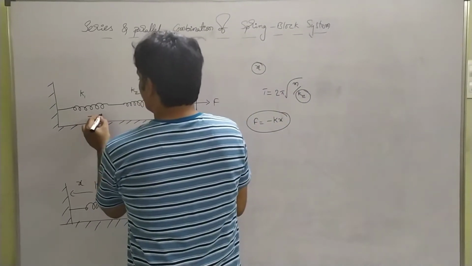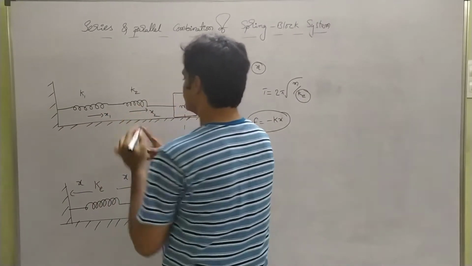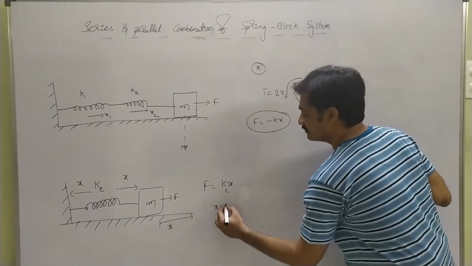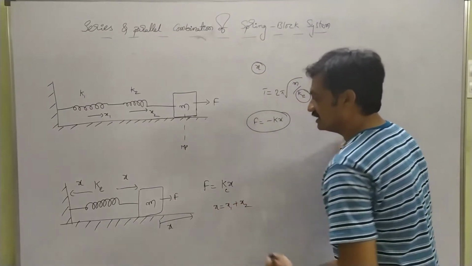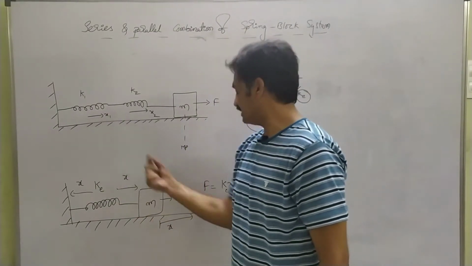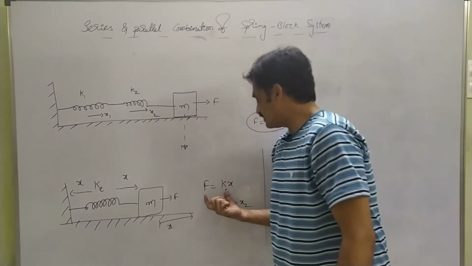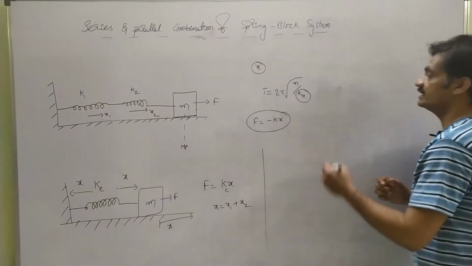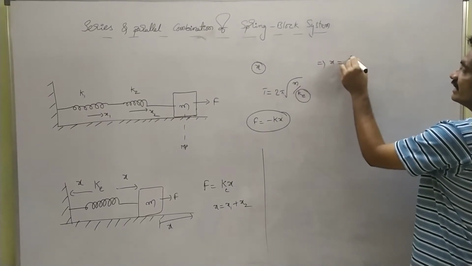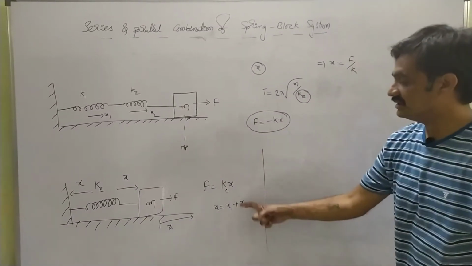Here the displacement made by the first spring is represented as x1 and the displacement made by the second spring is represented as x2. Then the net displacement x is given as x1 plus x2. Why? Because this spring is a combination of these two springs. So in the place of x we can represent a sum of x1 and x2. Next, here observe that force F equals kx. As we consider this equation, we can represent x equals F by k.